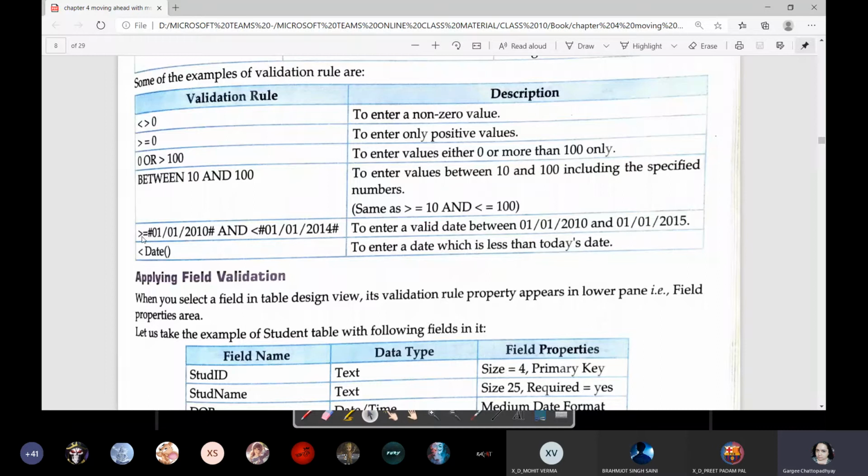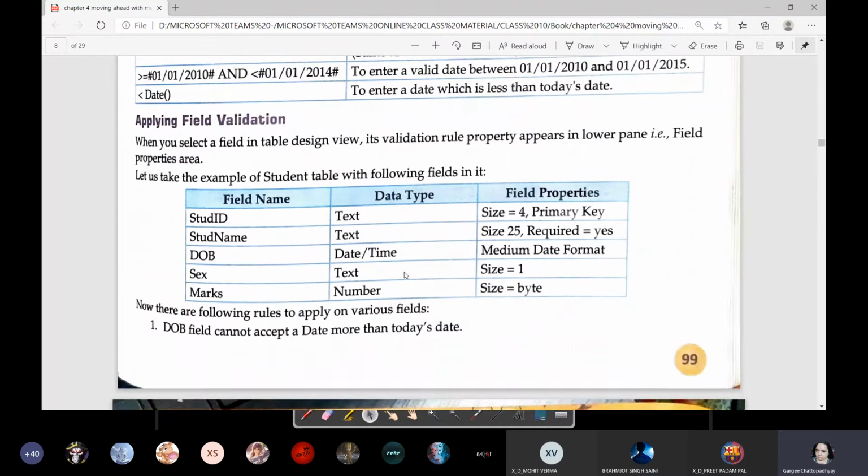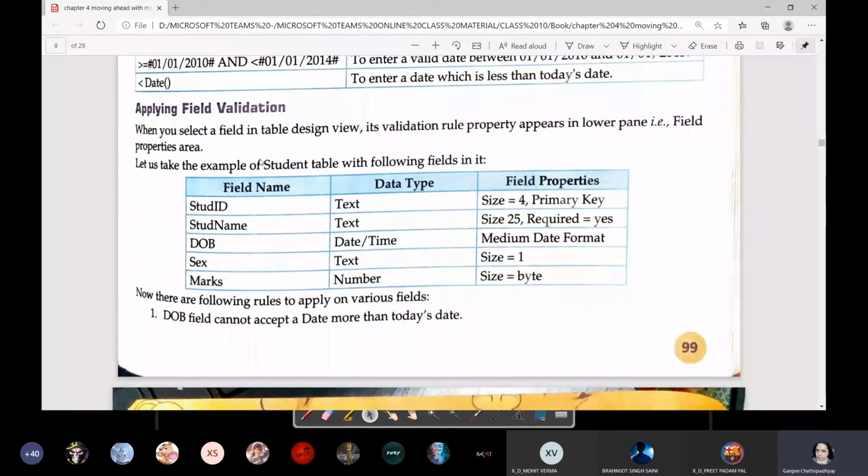Understood? So greater than or equal to this date and less than this date means the date should fall in this range, some date which is after this date or equal to it and before the other date. This is for you people to try out. Let us start with this one.